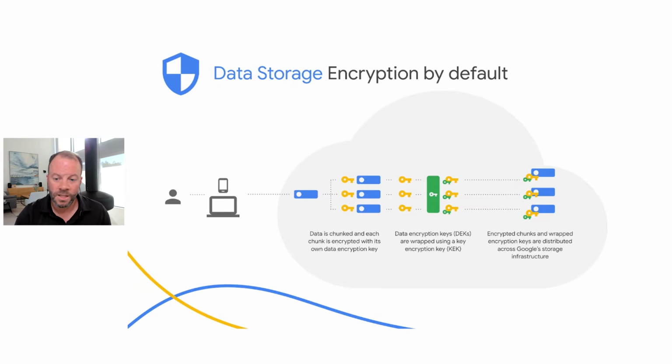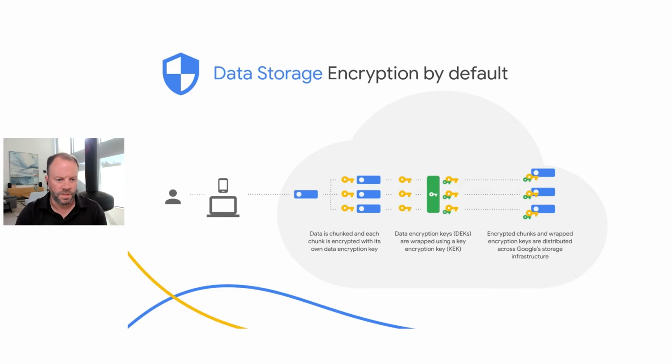But we also encrypt all data before it's written to any disk. And encryption is inherent in all of Google's storage systems. So this is all done by design at scale rather than a security feature that's added on afterwards. But even the way that we store the data is very different. Instead of just writing it to a drive and encrypting it at the drive level or at the file level,